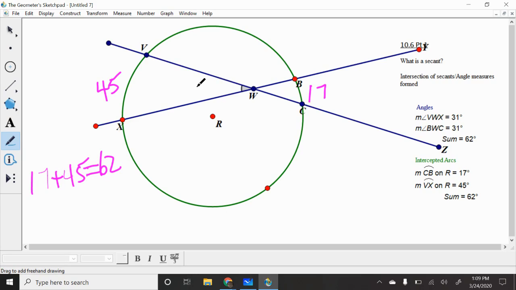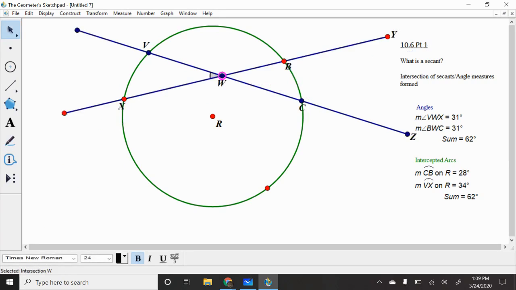And in here, inside the vertical angles, we have 31 and 31, and 31 plus 31 is equal to 62 as well. So no matter where I go, I'm going to have the relationship of these two arcs having the same sum as